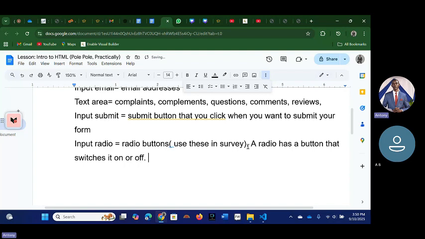So we get this idea from the radio, because it has this button that switches it on or off, and input radio also does that. When you're collecting a survey on your website, you will only give somebody an option to choose only one thing.